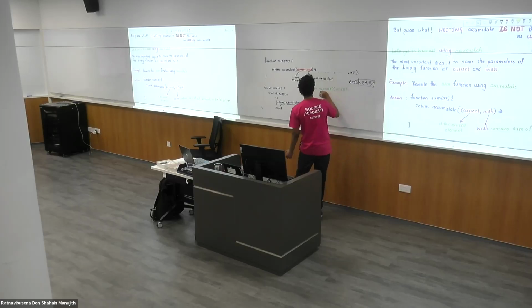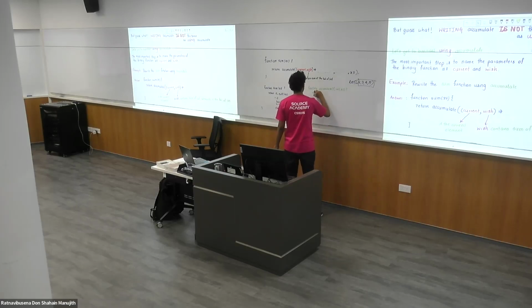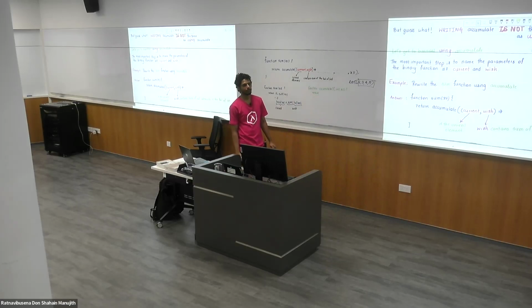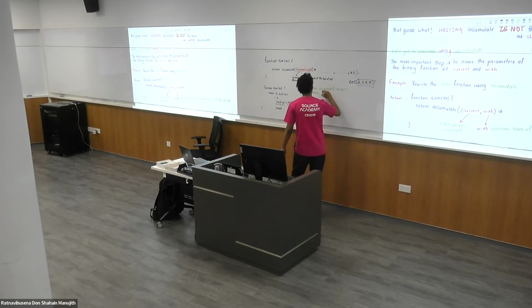Okay, so what's the base case? What's the base case? If xs is null. So if it's null, then what should you do? If it's not,